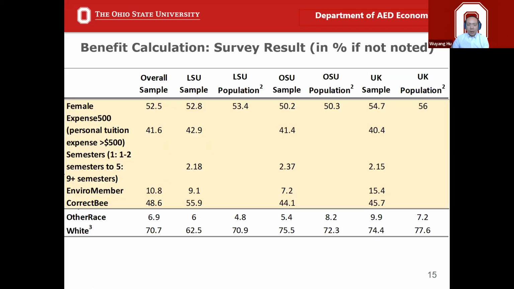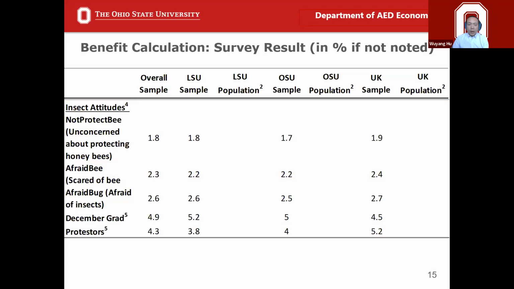And for example, we have more information here, the more intangible information. For example, did you spend more than $500 in terms of tuition out of your pocket, as a percentage? And we also asked, how many semesters have you been on this campus? This will help to differentiate the freshmen versus the graduating seniors. We do not include graduating seniors because we know their benefits can be limited in terms of on-campus benefit, so they're going to be potentially underestimating their willingness to support the effort.